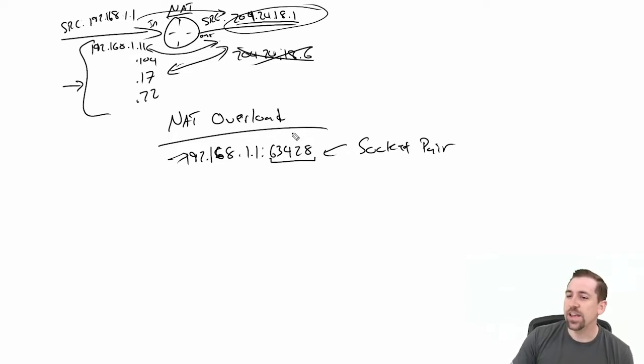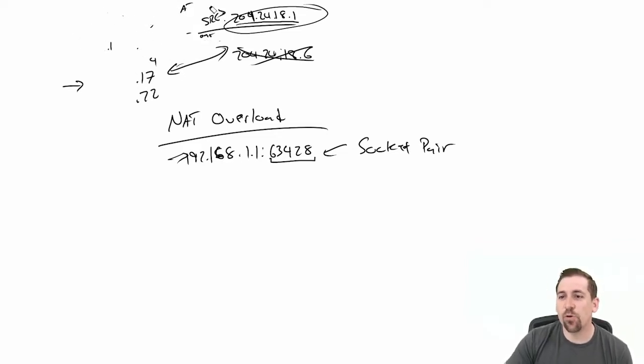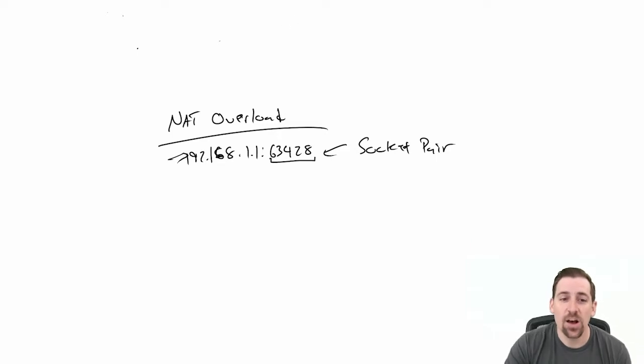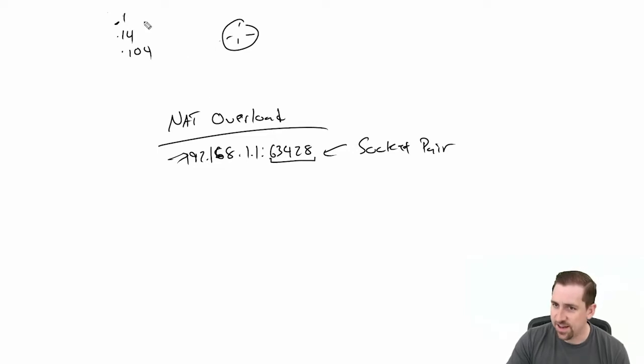And so now, if we start using port address translation, I actually need some additional information in the table now, because I need the port to help me identify that internal host. Because why? Because I wouldn't know who it was if I was just using a single external address. So if I use the .1, .14, .104 hosts in here, and they all are on this LAN communicating through R1, and they're all using the external address